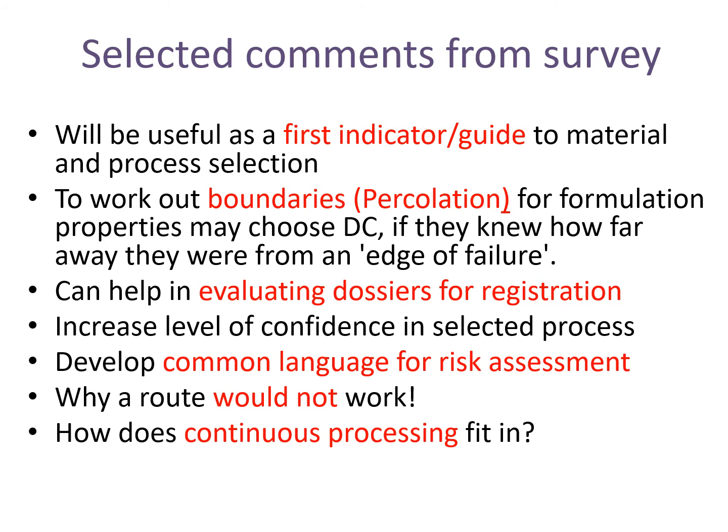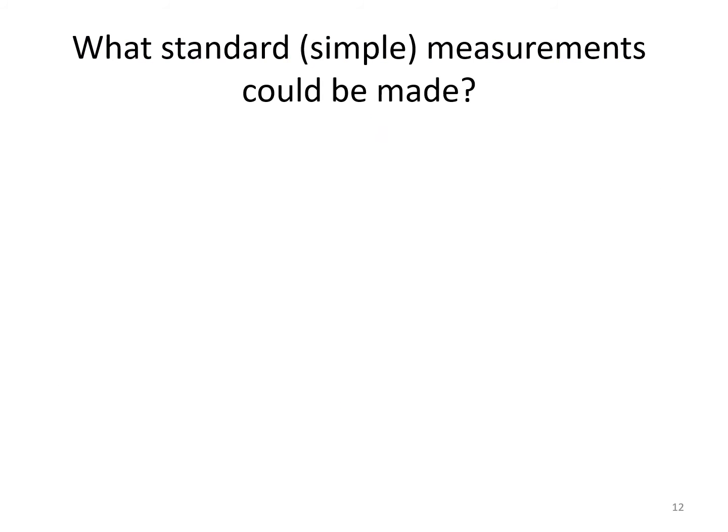It would also ask about why you wouldn't pick a particular route. Some people may decide they really want to do direct compression, but when you actually looked at the data, you just couldn't do that. Another question people asked is, where would continuous processing fit in this? Now, the continuous processing part was taken off and written as a separate second paper, but by all means, Google the names and you actually find the continuous processing part of that.